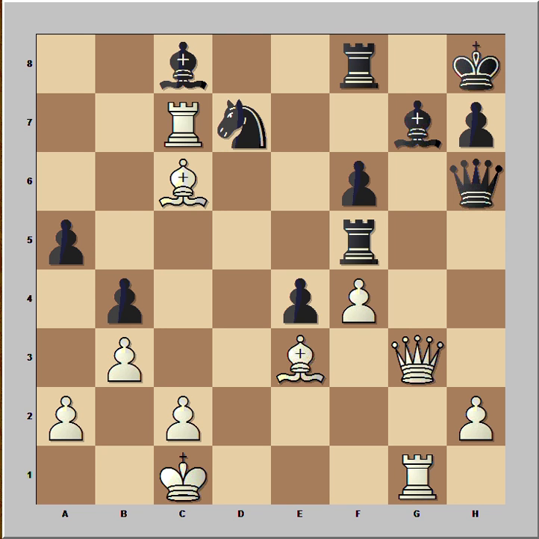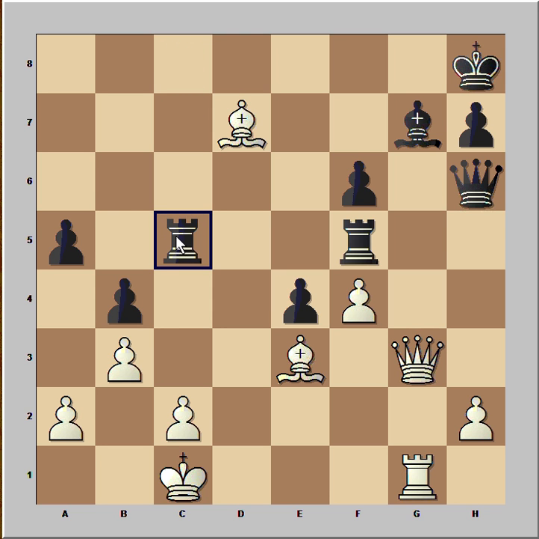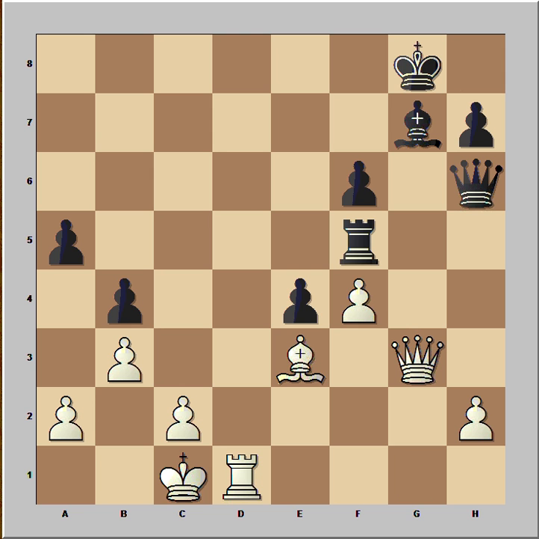But Judit played differently. She captured bishop with rook. Rook takes rook, bishop takes on d7, forking two rooks. Rook from c to c5. Bishop takes rook, rook takes bishop. Rook to d1, and now you can see that f6 is cutting off queen from defending the king. King to g8,